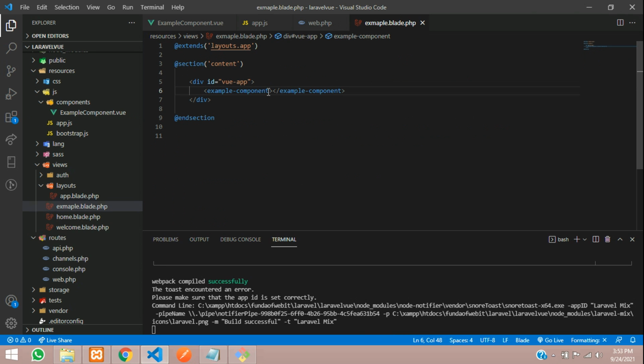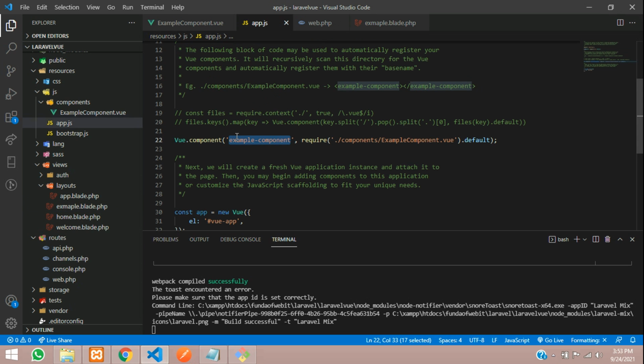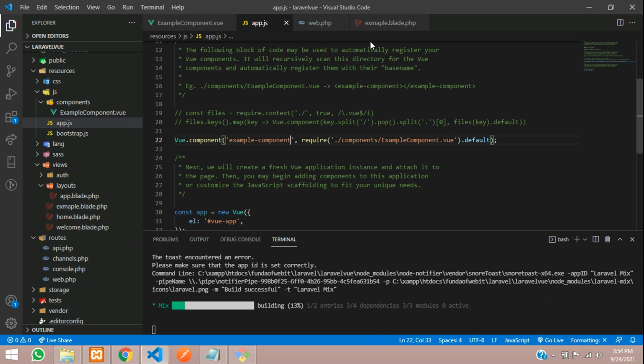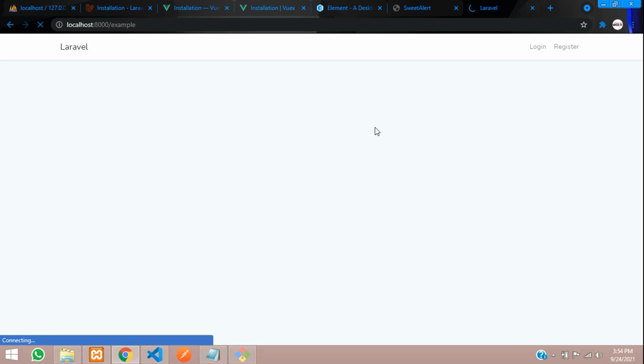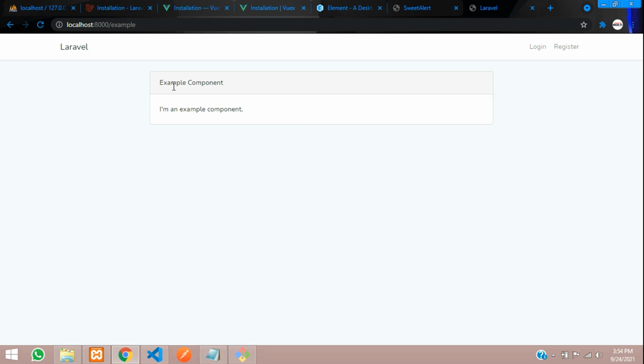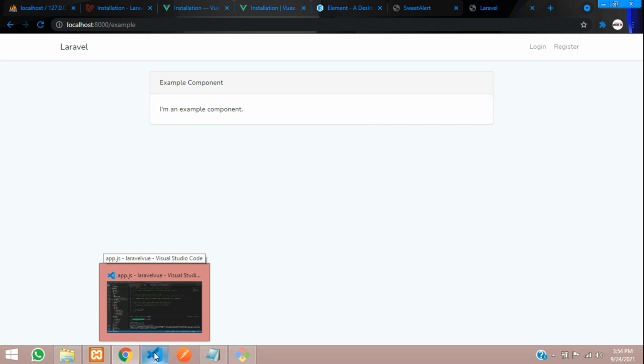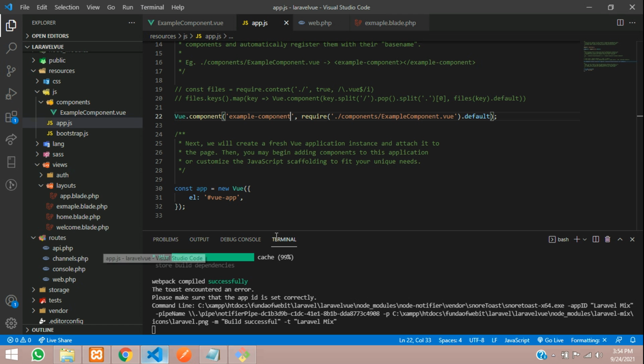You can just make it in this way. That's it. Make sure you register this example component in app.js at this place. That is the thing we are going to show. Now you can see the output. Refresh. Perfect. So we have successfully executed the Vue.js and Laravel application.